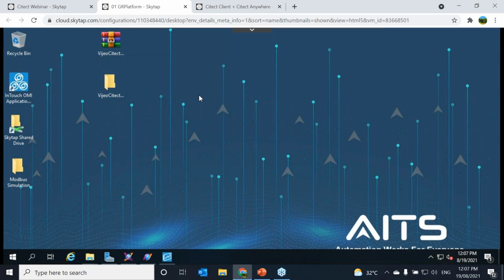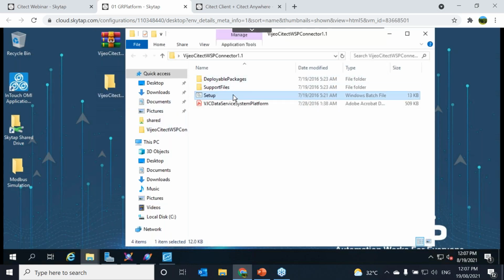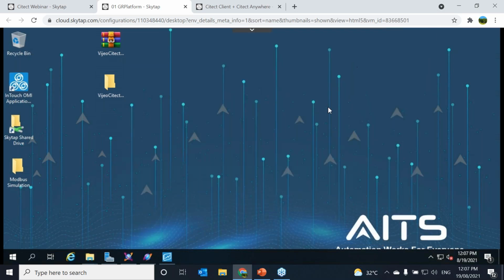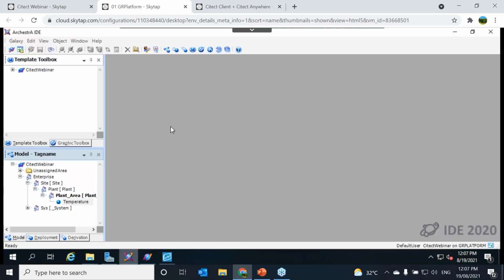In order to obtain the data services, you can check the support product website to download that connector to the system platform, and it will be downloaded as a zip file. So if you extract it, you're going to find a setup file here. Now, if you install it, these data services are going to be directly embedded in the